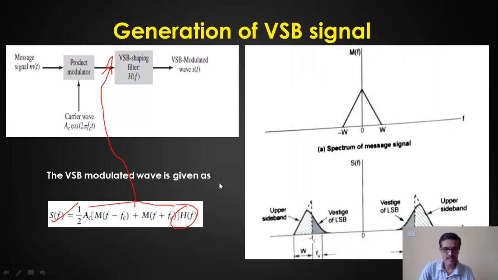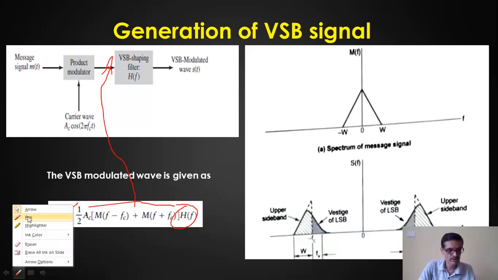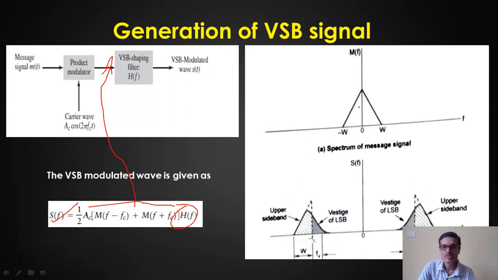Now, as I described earlier, this is the frequency response of the filter H of f, and this is the original spectrum M of f, which has a bandwidth of W hertz. After modulation, the spectrum will be shifted by FC and the carrier will be suppressed. Now I am going to choose only the upper sideband, with a practical filter response like this. The whole portion of the upper sideband, with a bandwidth of W hertz, is selected, and around 25% of the lower sideband, which is a vestige of the lower sideband, is also allowed to pass through it.